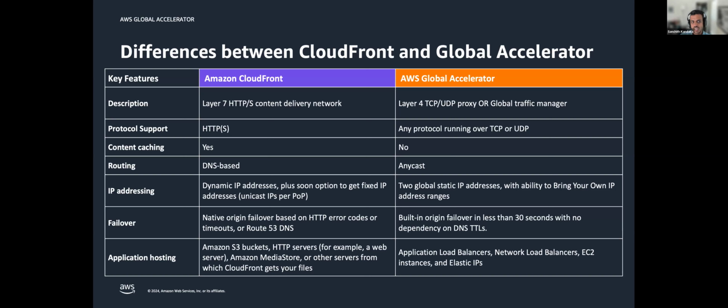Protocol support: content caching is only available with Amazon CloudFront, because Global Accelerator is operating on a layer 4 level, and Global Accelerator has Anycast, which has its own benefit in terms of routing end users to the optimal location. For CloudFront, we use more of a DNS-based load balancing based on dynamic load and the most optimal edge location closest to the end users. I won't go into more specific additional details because there is quite a lot